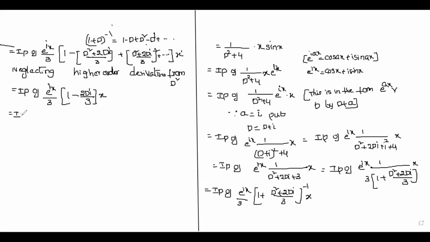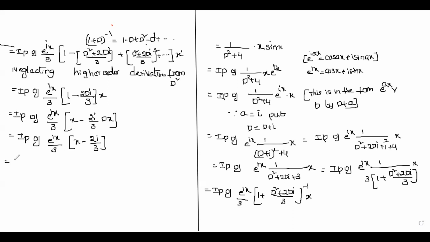So this is equal to the imaginary part of e power ix by 3 into, now multiply your x inside, x minus 2i by 3 into the derivative of x. Already we know the derivative of x is equal to 1. So this is equal to the imaginary part of e power ix by 3 into x minus 2i by 3. After getting this final solution, you have to take only the imaginary part, which can be written as the imaginary part of 1 by 3 into